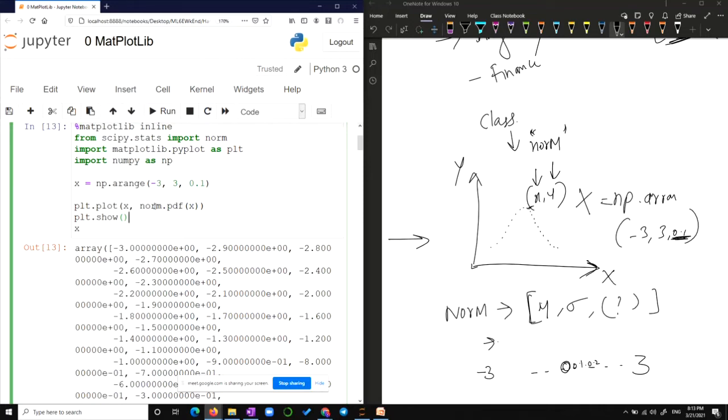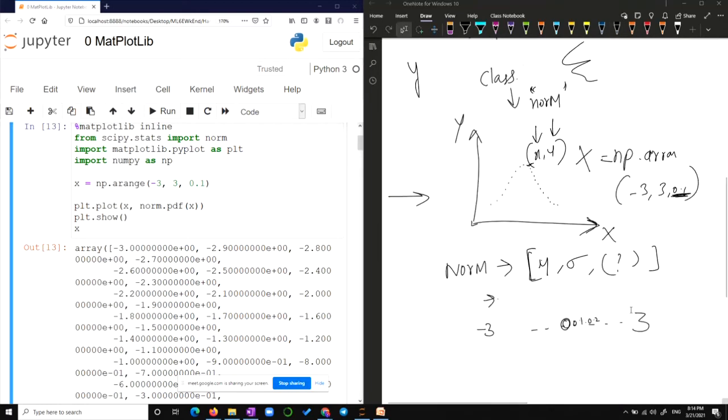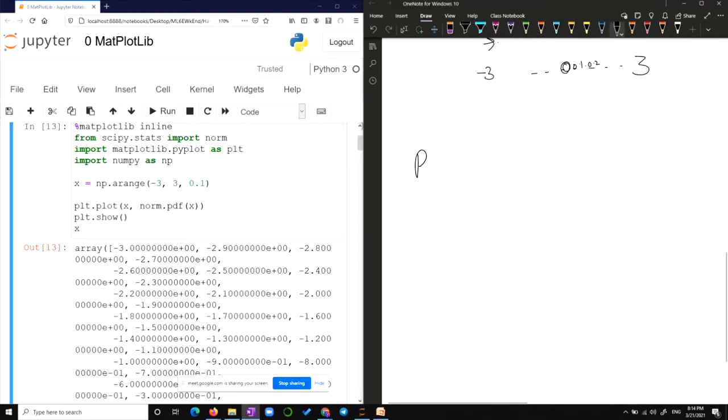We are going to pass it on to norm.pdf, the normal probability density function. So for every x here, give me some value corresponding to minus 3.0, give me a new y. It's like this, y, we need for plotting.